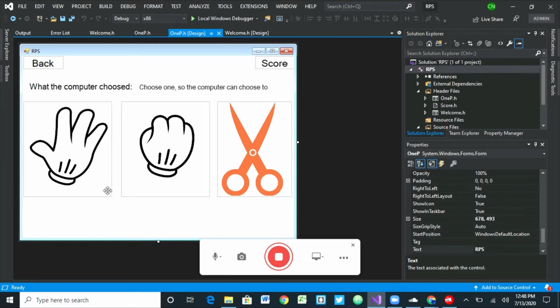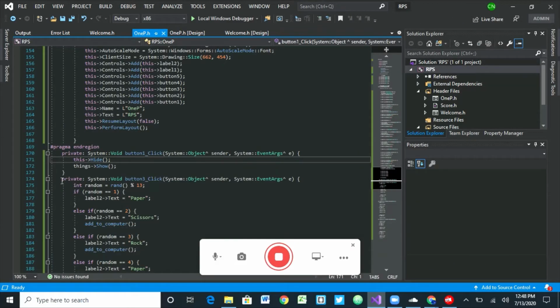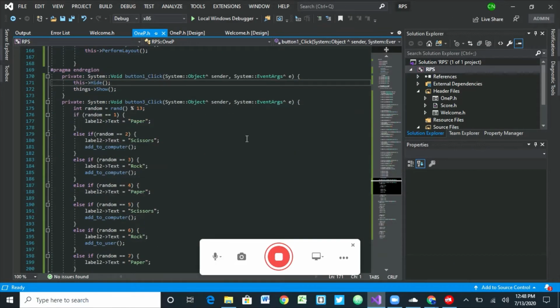right over here. And when you click on whatever thing you're playing, is it this, right? Once you click on it, it will activate the code. So this is if you click paper, right? Once you click paper, this rank is going to create a variable called random, and the random is